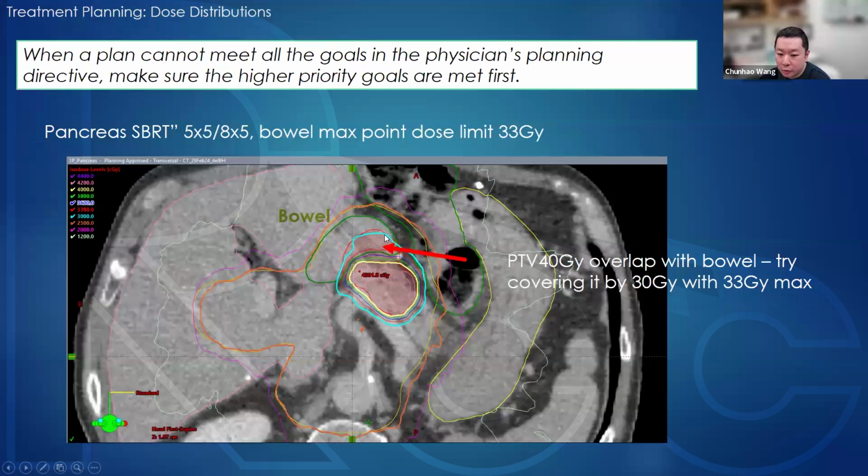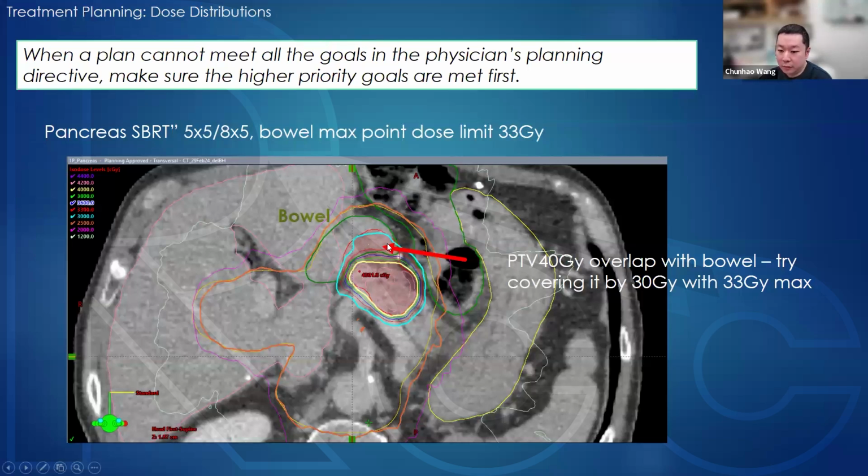So while we are trying to give this boost region to 40 gray, our top priority is for the bowel structure over here. The maximum dose constraint is 33 gray. Right, so clearly the bowel overlaps with our 40 gray PTV. So our priority is to spare the bowel to make sure we are meeting the constraint of point max 33 gray. However,